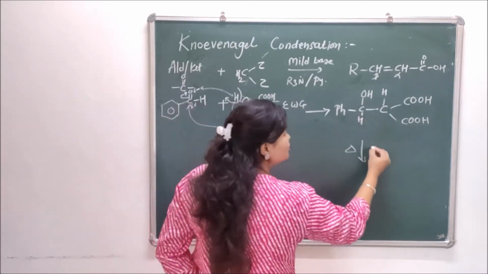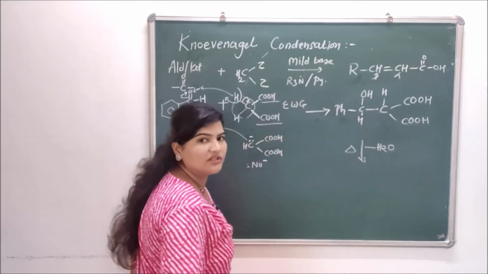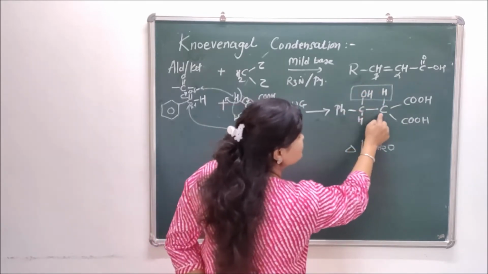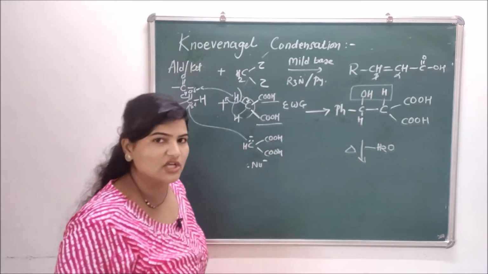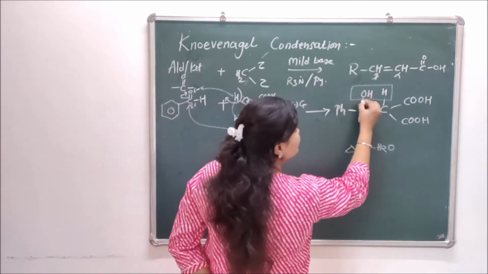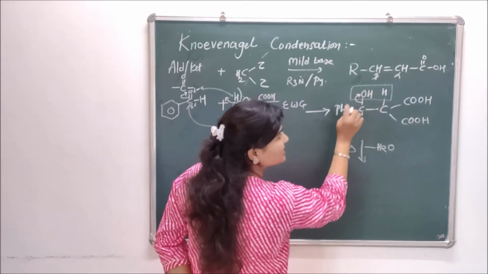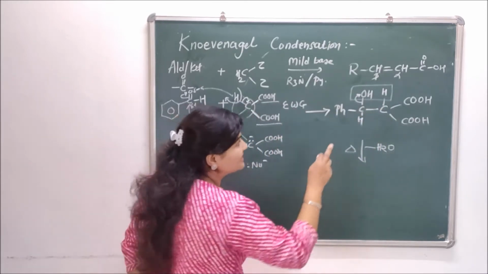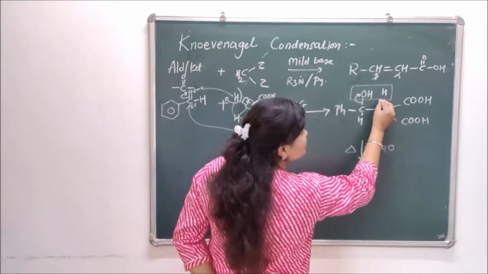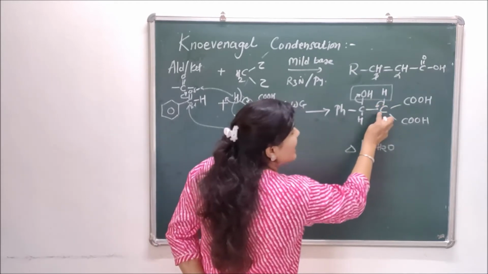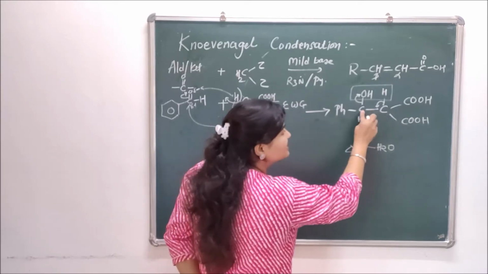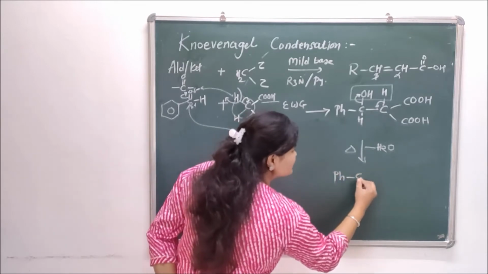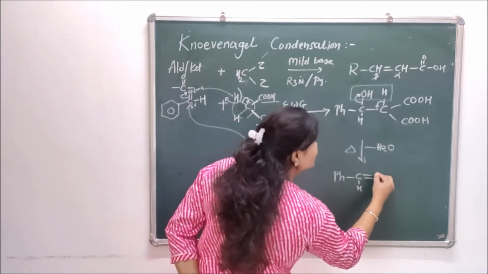With heat, you dehydrate this molecule. Dehydration means removal of a water molecule. As you can see, these two carbons are holding OH and hydrogen. So this OH will leave as OH minus, taking these two electrons with it, and this hydrogen will leave as a proton without taking these two electrons with it. So these two electrons will now be taken back by the carbon, and a new double bond will be formed between this carbon and this carbon. So after dehydration, what you'll get is Ph, CH, double bond C.